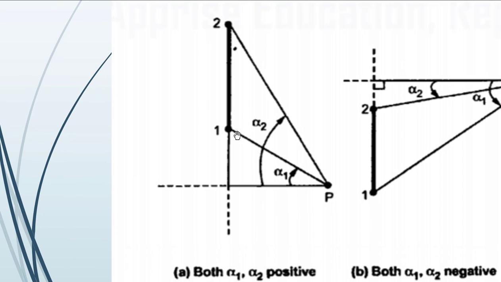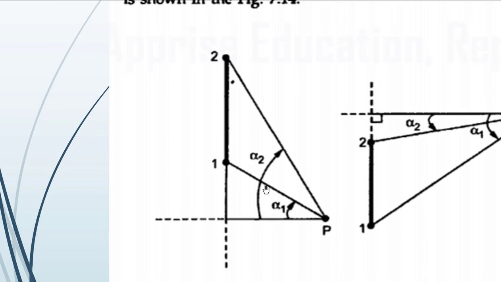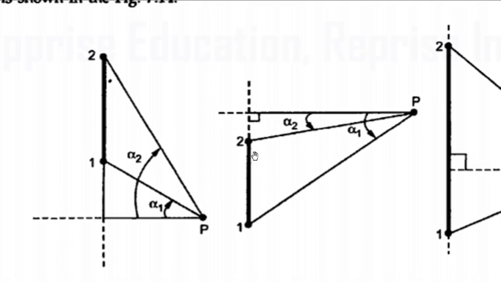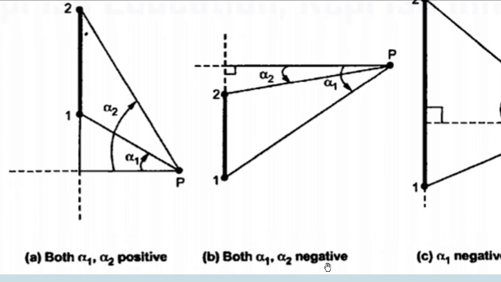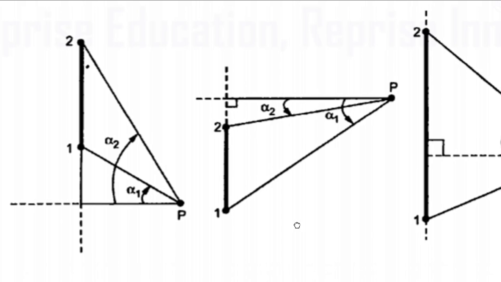So whatever angle values you get, you have to consider sine of positive alpha 2 minus sine of positive alpha 1, like that. Similarly, in the second option, the filament is placed below the xy plane. This is the xy plane, and below that the filament is placed. So the second end is making an angle alpha 2 with point P, and the first end is making angle alpha 1 with point P. In this case, both alpha 1 and alpha 2 are considered negative because they are below the xy plane.